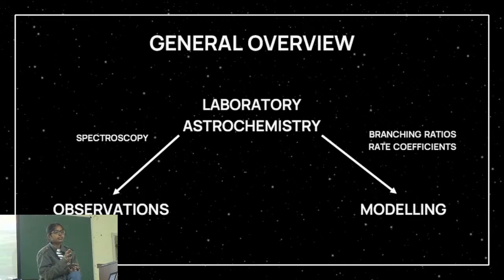The thing is that you can't go to space, even if you know that something is forming, sit there and watch it happen, or measure the rate. So that's where laboratory astrochemistry steps in. There you perform experiments mimicking the conditions in space to figure out what the rate constants and branching ratios are. The aim, obviously, is to model a region of the universe as well as possible, so you understand exactly how the chemistry there is involved.